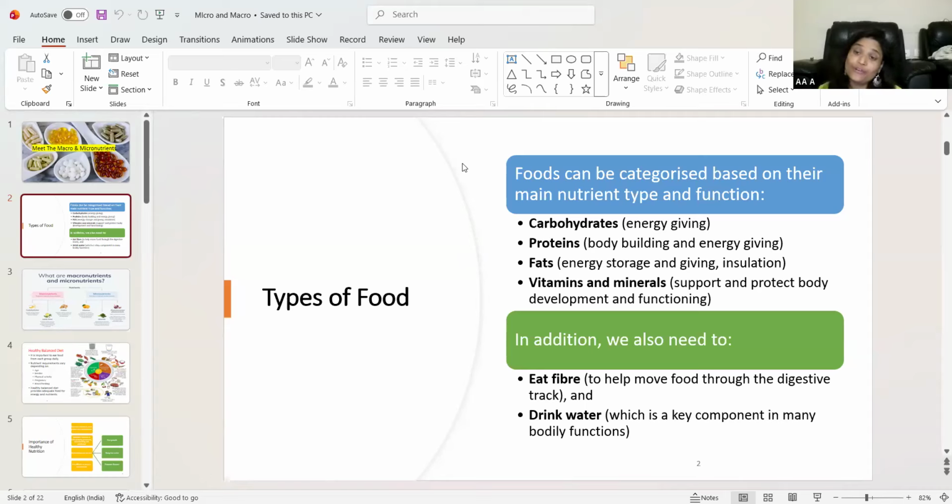So from 1 gram of a particular food, how many calories we are getting is also very important. Ma'am, can you please repeat it? 1 gram of carbohydrate gives 4 kilocalories. Proteins give 4 calories. Fat gives 9 calories. This is very important. Knowing how many calories we get from a particular nutrient is very important, because this plays an important role while making a diet plan. So carbohydrates, proteins, and fat.